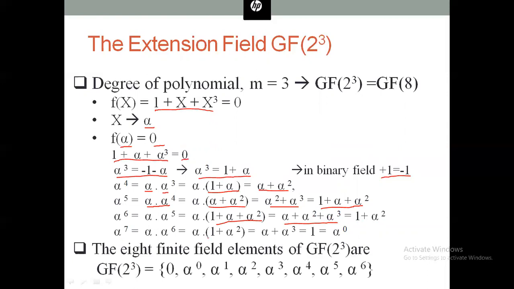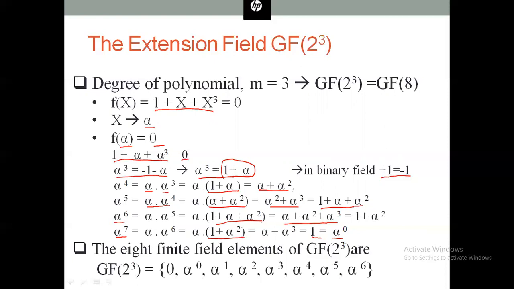For alpha 7, we substitute the value of alpha 6, which is equal to alpha plus alpha 3, and that is equal to 1, because alpha 3 is equal to 1 plus alpha. So we substitute 1 plus alpha here, alpha cancels alpha, and we get 1. So that is equal to alpha naught. So you know that alpha 7 is equal to alpha naught, and